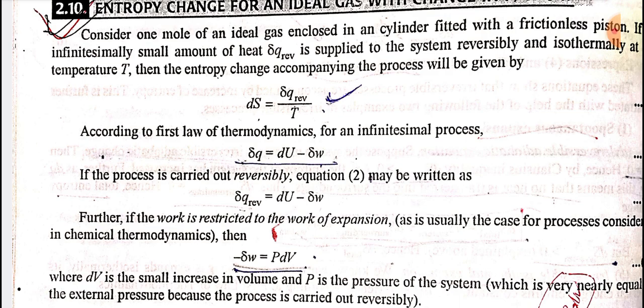According to the first law of thermodynamics, for an infinitesimal process, δQ is equal to dU minus δW. If the process is carried out reversibly, equation 2 may be written as δQ reversible is equal to dU minus δW. Further, if the work is restricted to the work of expansion, as is usually the case for the processes considered in chemical thermodynamics, then minus δW is equal to PdV, where dV is the small increase in volume and P is the pressure of the system, which is very nearly equal to the external pressure because the process is carried out reversibly. Putting the value of δW from equation 4 in equation 3, we get